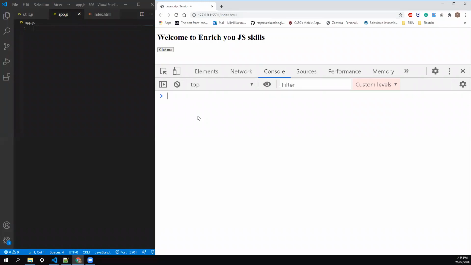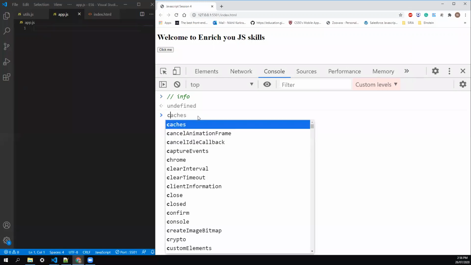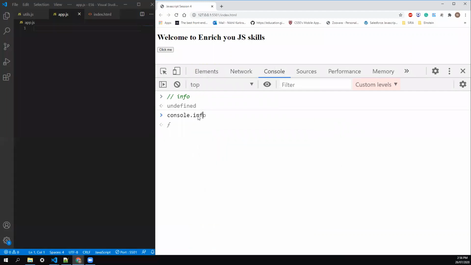So next is the info method. If we want to give some information to the user, we usually go with the console.info. And what kind of information we usually give? Like LWC latest version is available.